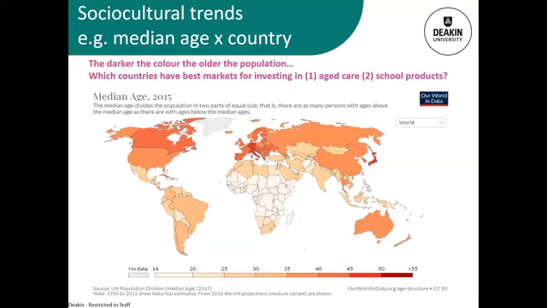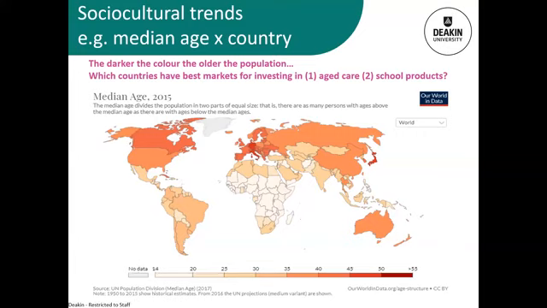So in the chat box, let us know, if you're in aged care, or if you want to invest in aged care, what countries might you do some research on, or perhaps invest in? Maybe set up a retirement home or goods. Italy, great. Yes. Germany, Japan, great. So yeah, it makes sense. You'd look at that and say, okay, where's my market? And that's a great place to invest because of the median age, much older population.